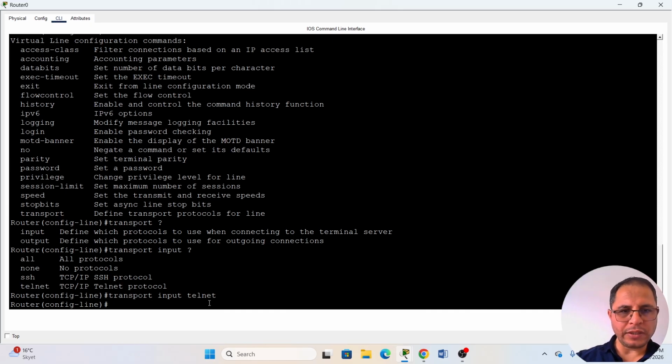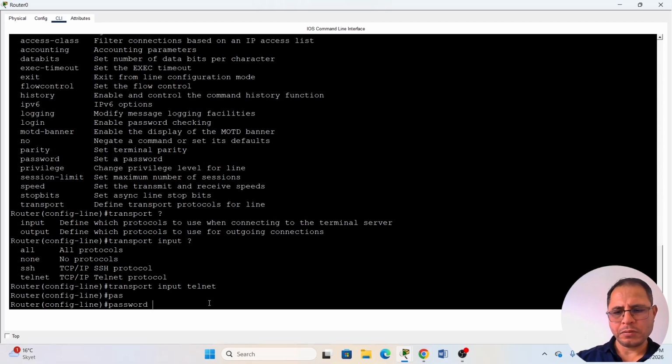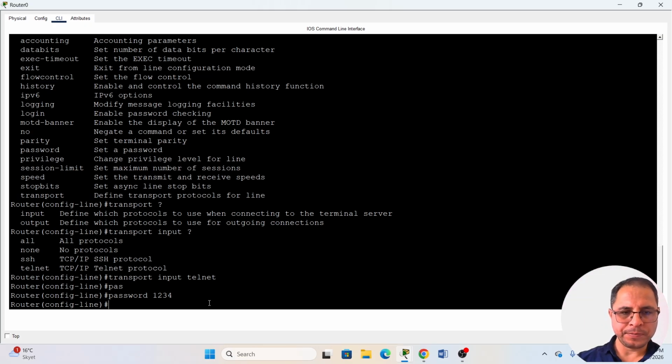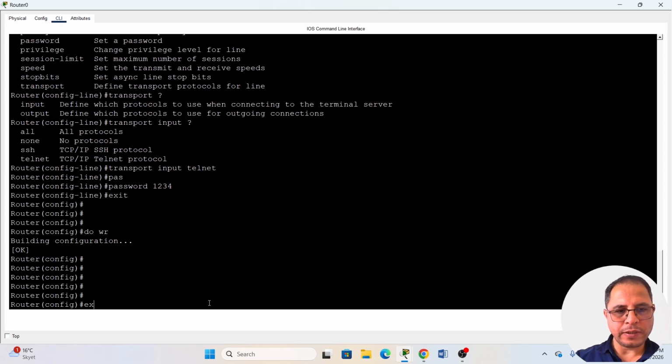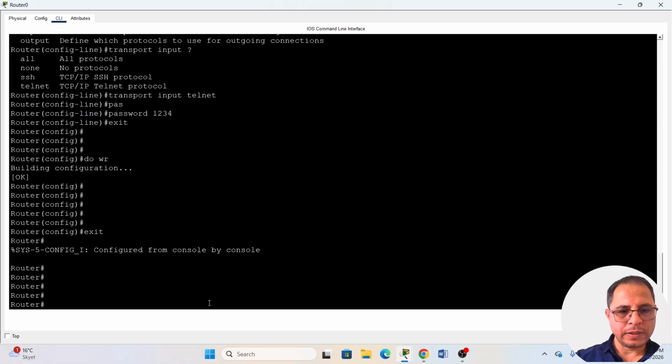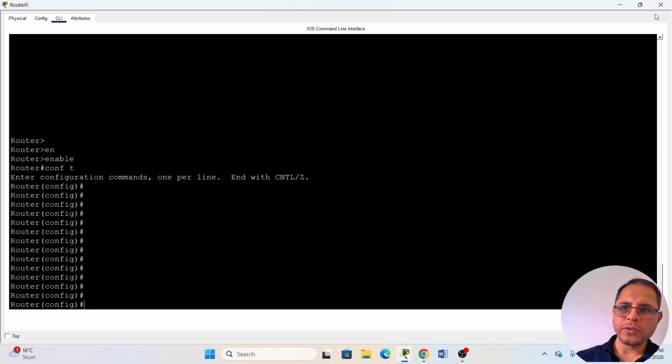And now we need also to configure a password here. Just say password 1234, and enter. And then exit. Do write to save all these configurations. Exit and exit. So if now I close this one